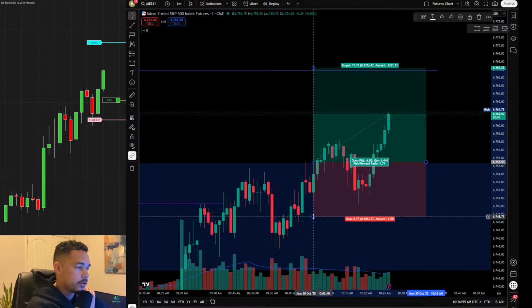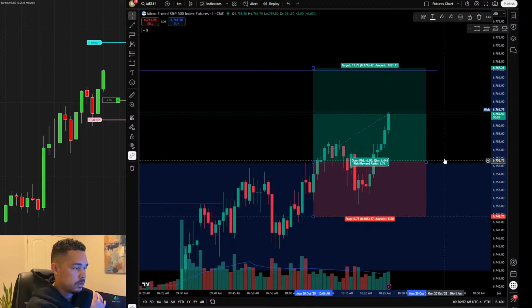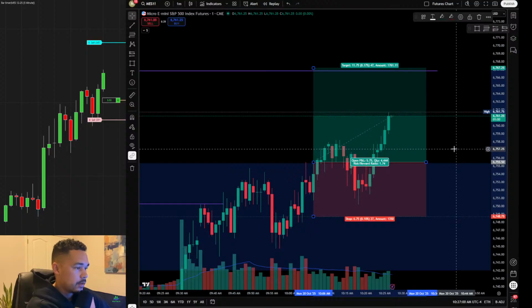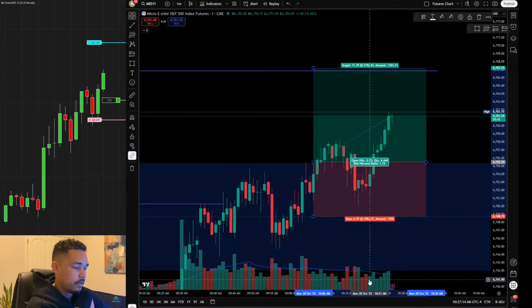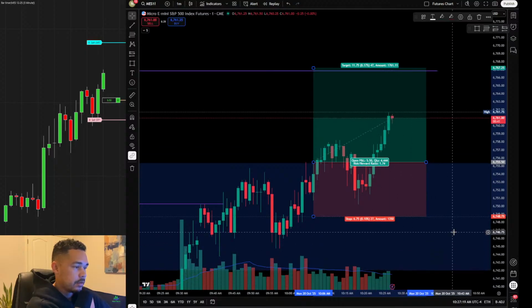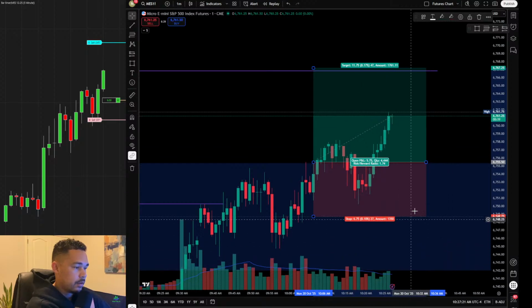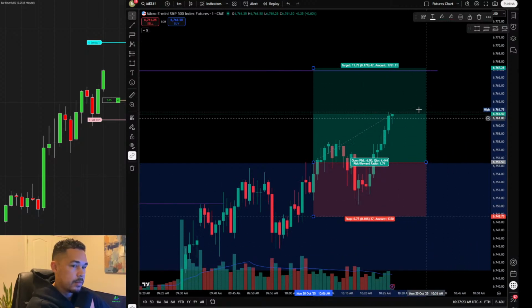All right, currently pushing up 67.61 area. Let's see if we can continue higher. Buying pressure, buying volume has increased. So that's a good sign that we're going to possibly continue on up and take out this